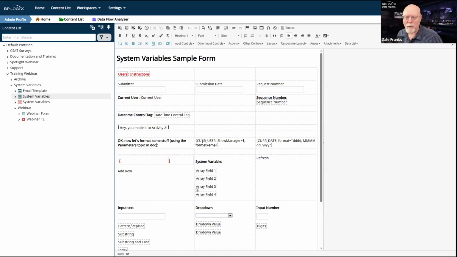For today, however, we're going to talk about system variables, but we're going to do something a little bit different. In the previous webinars, we went through this form and we looked at all these different ways of formatting and using system variables. We're not really going to do that this time, although I'm sure that at some point I may come back here to show some examples of something. But I'm going to do something different and talk about using system variables kind of in the real world. I'm not entirely sure that I have 2 full hours on that, but we'll go through it and I'll keep talking and we'll see how far we get.